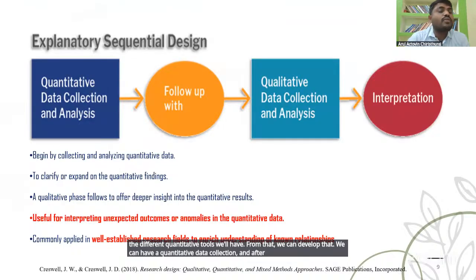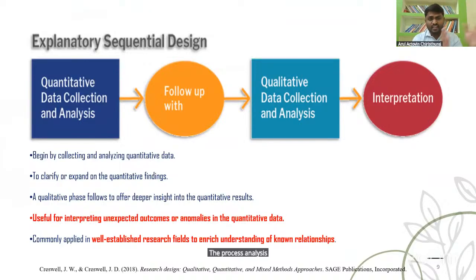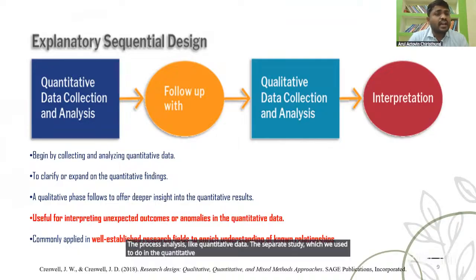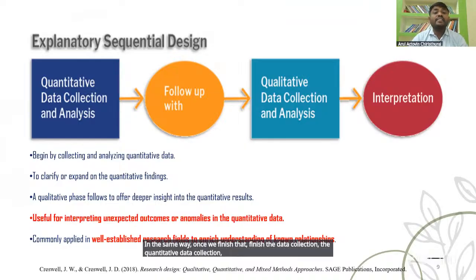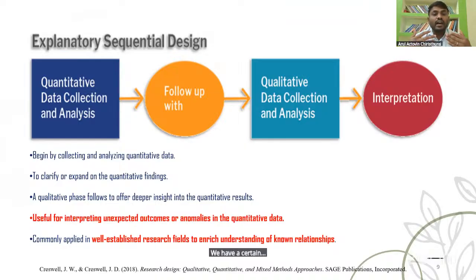Once we finish the quantitative data collection, we do the analysis, the same as in a separate quantitative study. After that, we have certain results, sometimes unexpected results, that need further explanation. That's what follows.